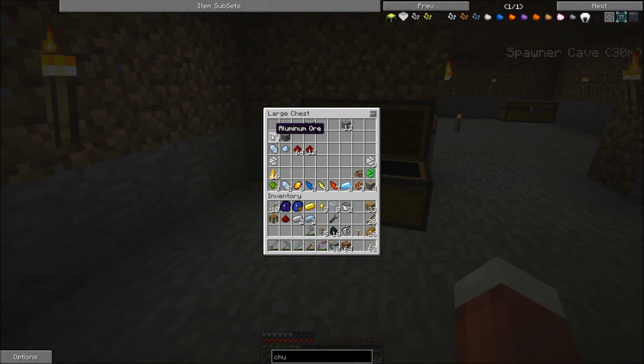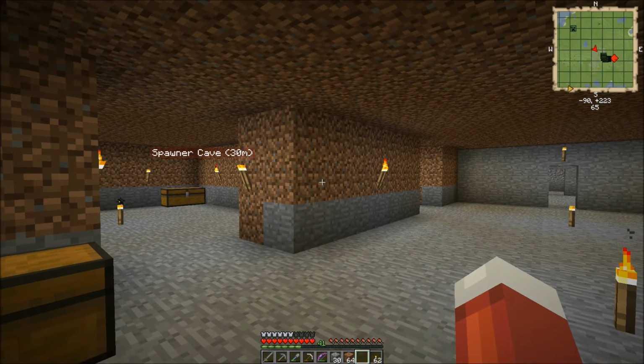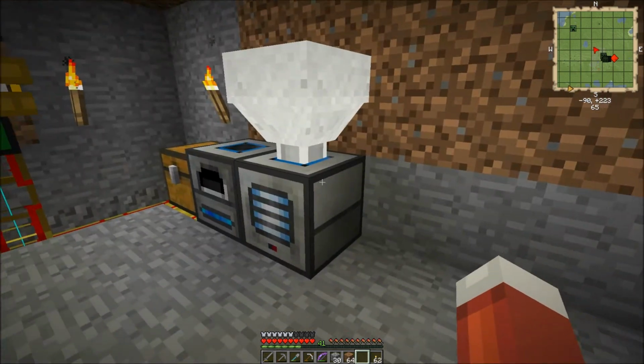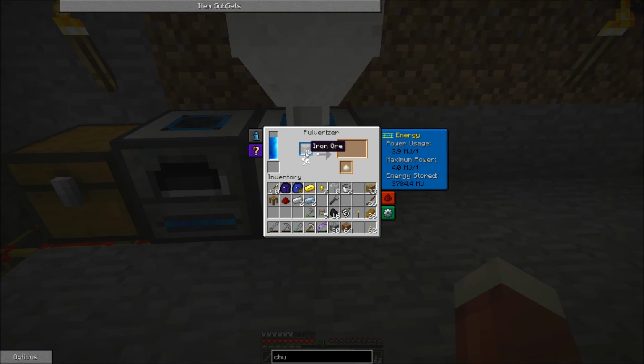It should be noted you do not want to smelt your aluminum ore in this fashion. Do not do that. The aluminum is used in the Tinker's Construct smeltery, which we will get to very soon. That smeltery will give you double output. This will not. This will only give you single output. Do not do that. Save your aluminum. Okay? So anyway, though, we can see that, good,